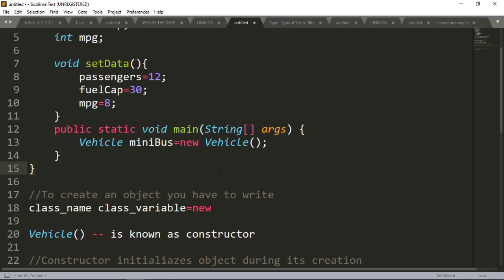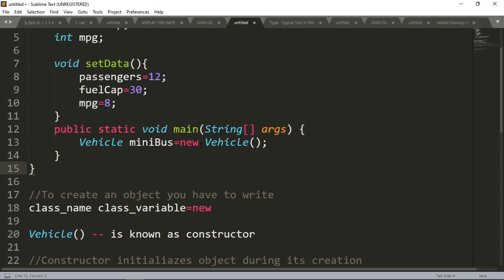We are not defining that method in our class, but Java is going to provide that constructor for this class automatically. Java automatically provides a constructor for every class. We do not need to write it, but we have to write it whenever we need some changes.